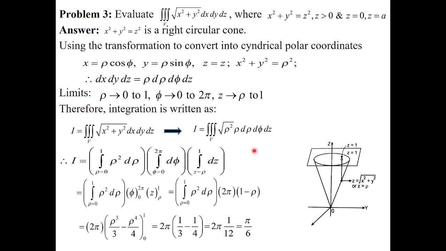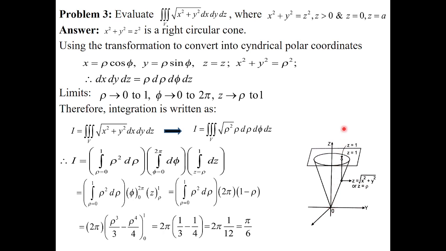Now if you check this question, this is also one of the questions which was solved using cylindrical. So what I will suggest, it will be better to consider this solution by using a different method. First you can see the limit of z. If you see this, z it is equals to and greater than 0. ठीक है, if you see this cone, z it is 0 and greater than 0, isn't it?